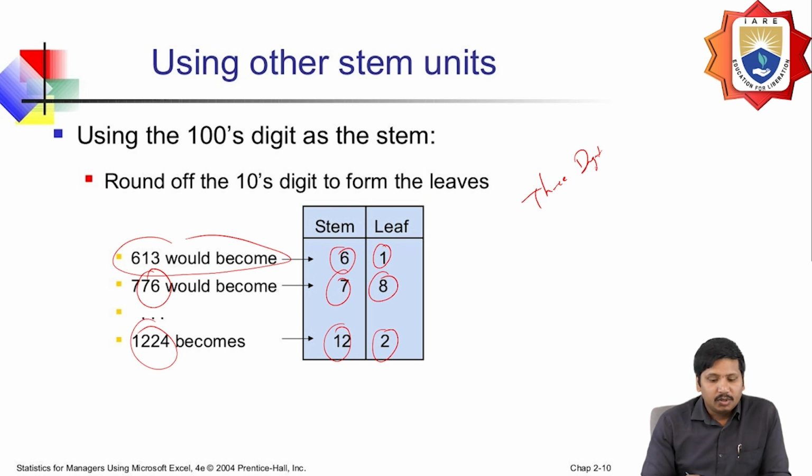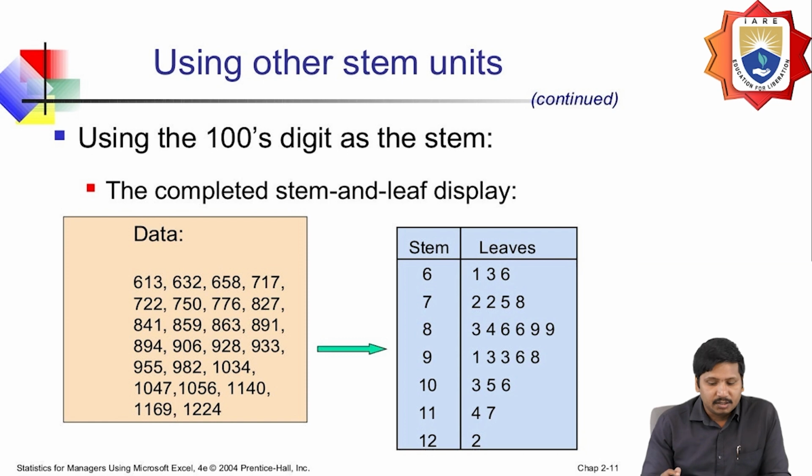Okay, so like this we are going to construct the stem and leaf diagram for 3-digit data. So see the example, if I'm going to have data like this, 6 1, this is the data we are going to have. So how are we going to construct this stem and leaf diagram? So for that,